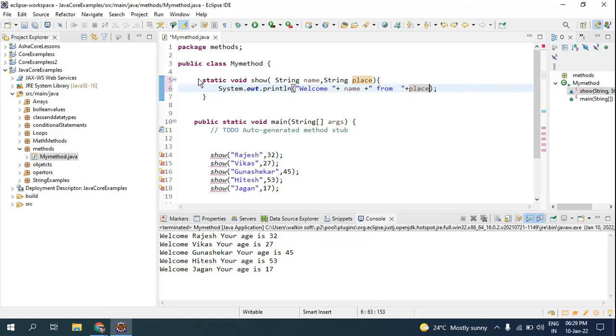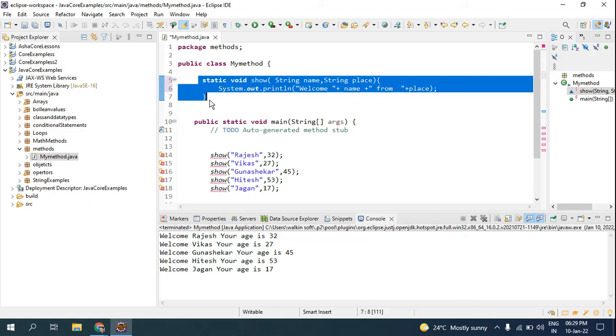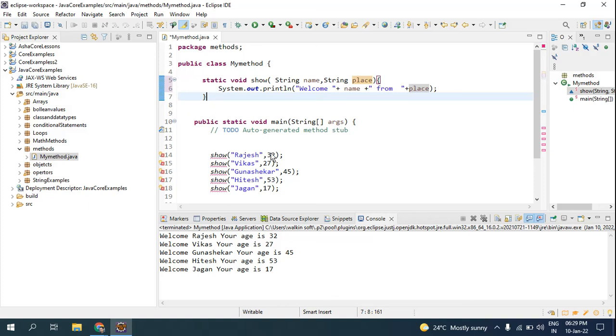So this is the code I have written. I have two parameters of string data type, and here I'm getting an error because I have used integer, because the second data type accepts only string. So now I'll make the place names string.